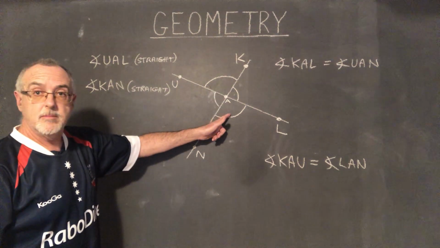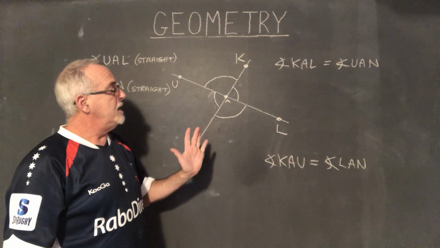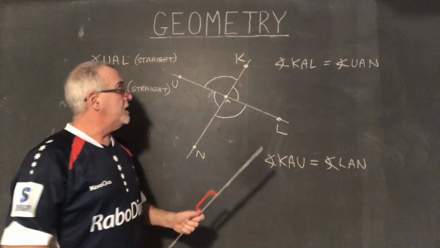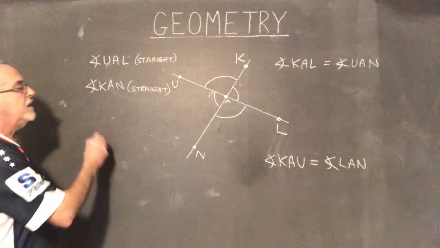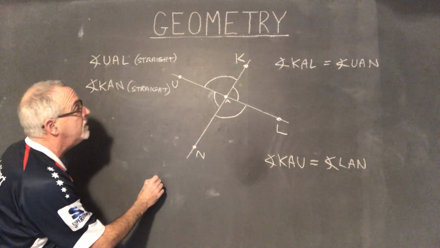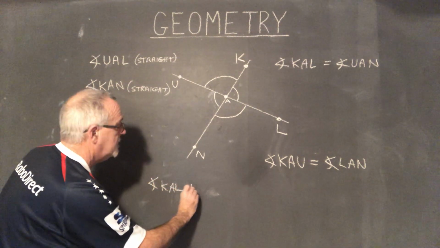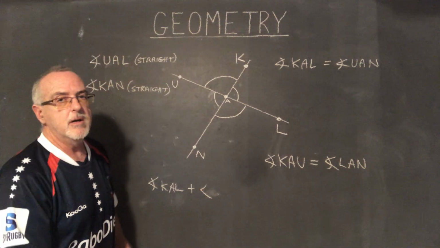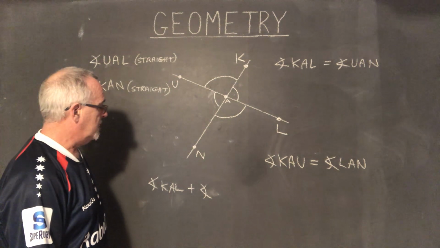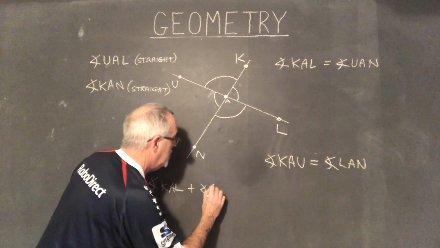They're not adjacent, and they were created when I crossed two straight lines, so they have to be equal in measure to each other. And another cool thing, there's a lot of cool stuff happening with this diagram. Where am I going to write this? I need some space. I'm going to say all four of these angles, angle KAL plus angle, and I mean the measure of, but I don't want to write the measure of every time. This gets cluttered in these diagrams. Angle KAL and angle LAN